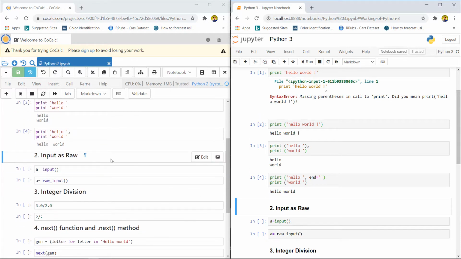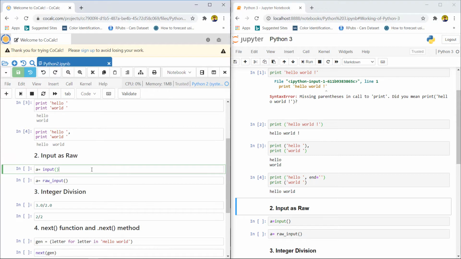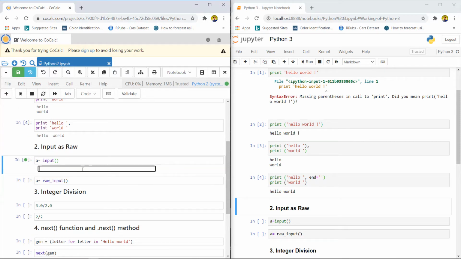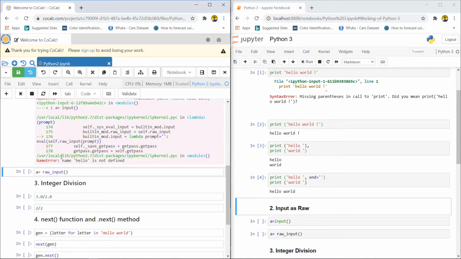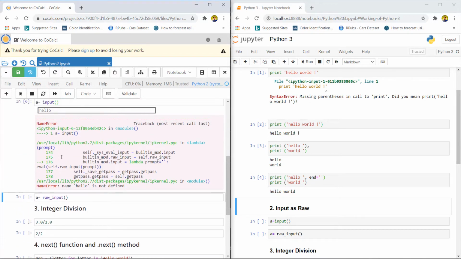Now talking about the input in Python 2. In Python 2, if you give the input, the compiler will think it is an integer. Now you can see if I give the input as a 5, it will take the input. But if I run this command again with a string called hello, it will give the error, because by default in Python 2 the input function will opt to be an integer.